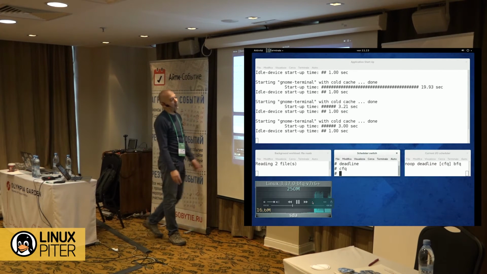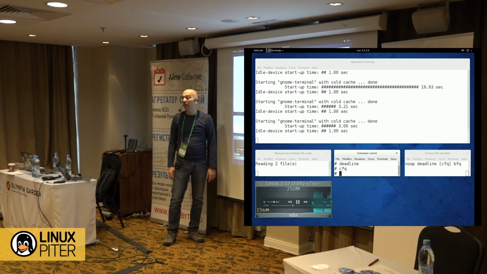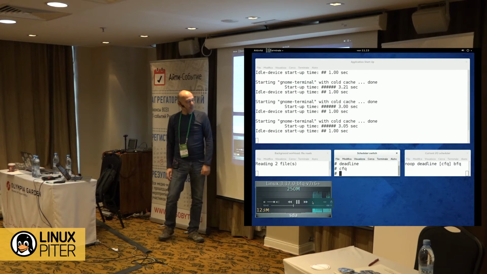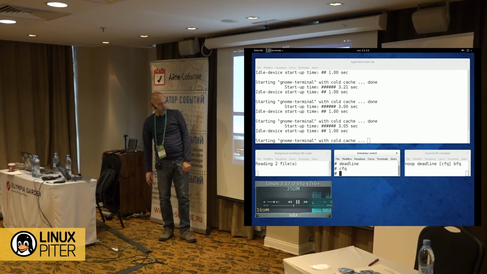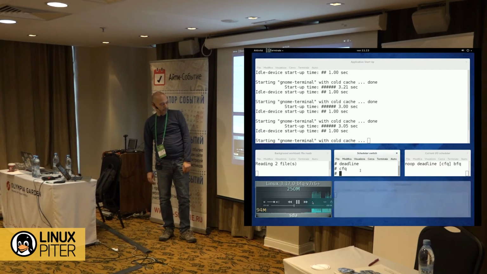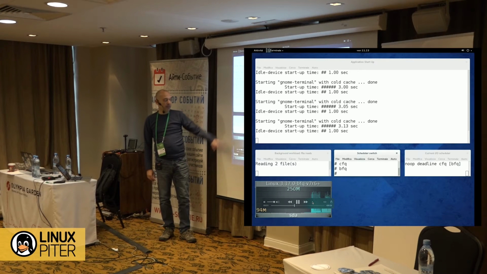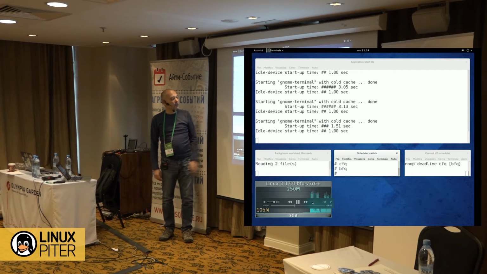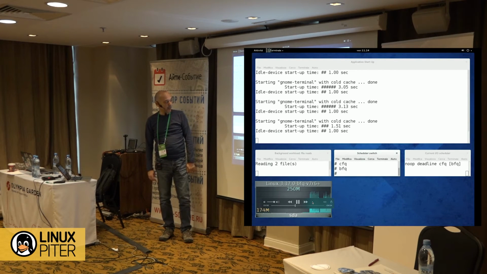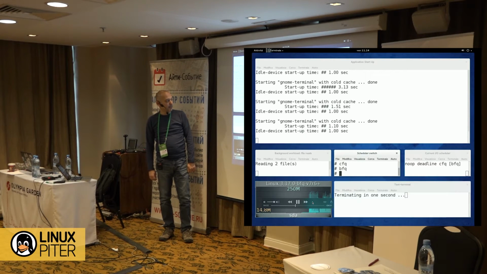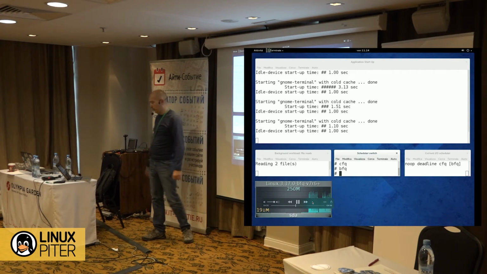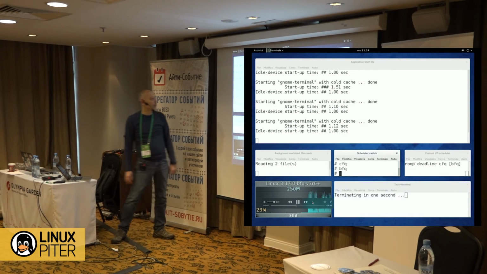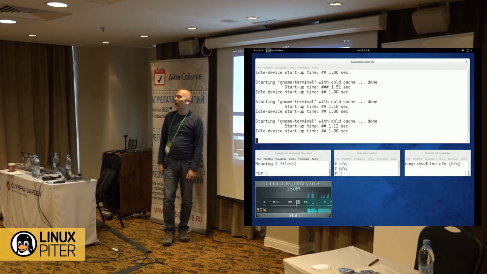So at this point you may say, okay, but this is normal. There is a lot of I/O going on in the background. So what do you expect? Well, I'm about to show you what happens if we switch this time to BFQ. The startup time, after an initial fluctuation, because there is still the queue full with the previous requests, becomes equal, apart from 0.1 seconds, to the one that you had when the device was idle. So you don't even realize that there is some background workload.